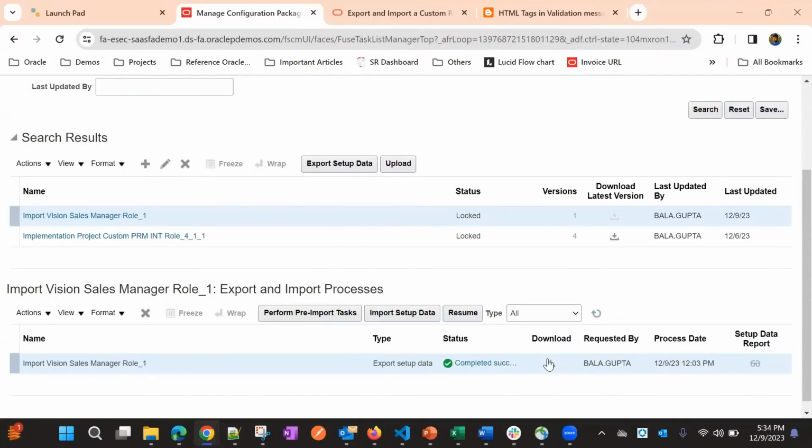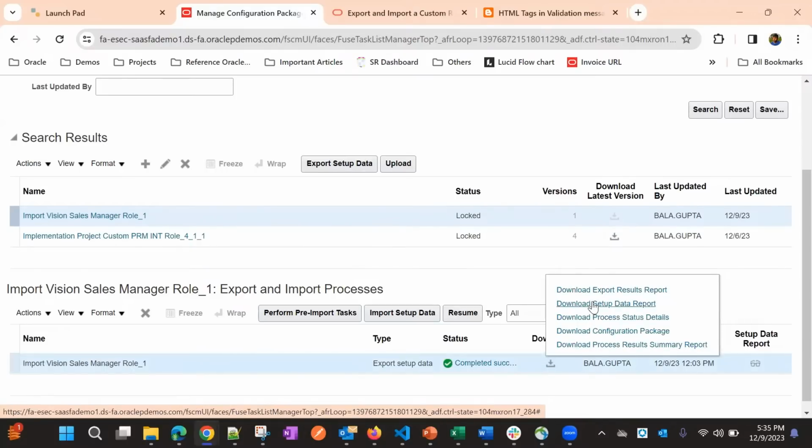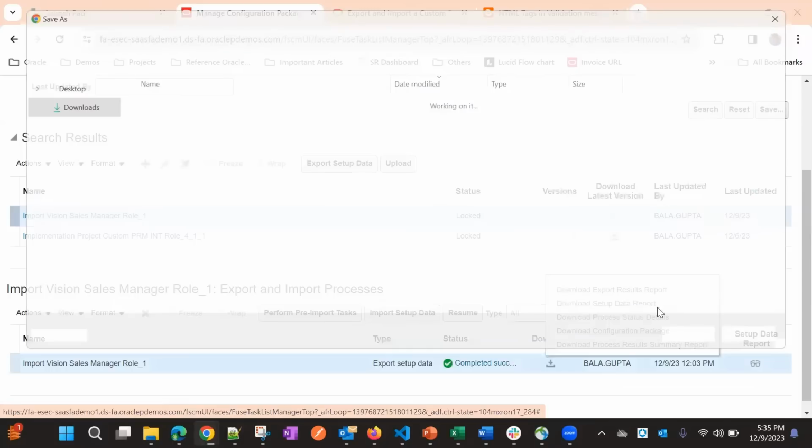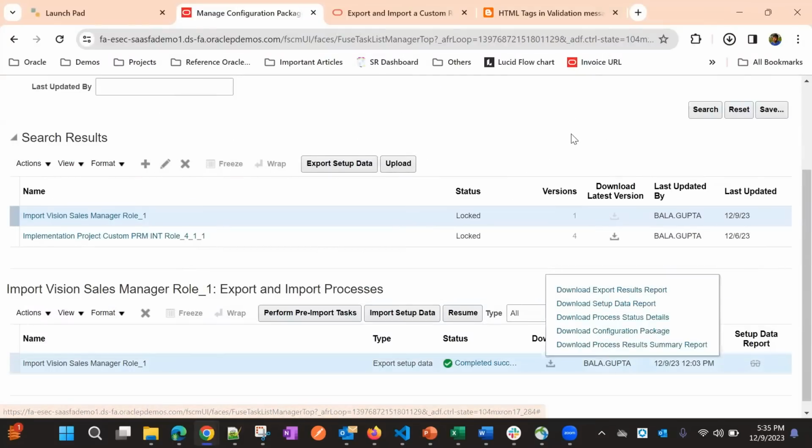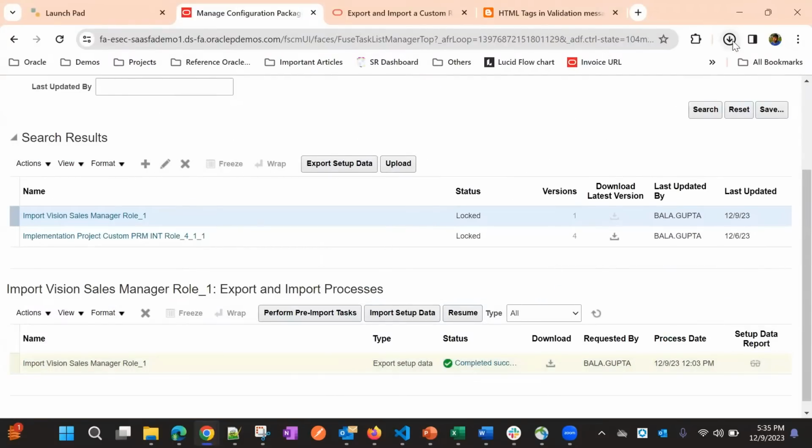Okay. So here we have a download option. Click on this, and we can see some other files like export result report, setup data report, process status details, all of those. But we need a configuration package file, which is a zip file. So we need to download this, download configuration package. Download it. Once it gets downloaded,